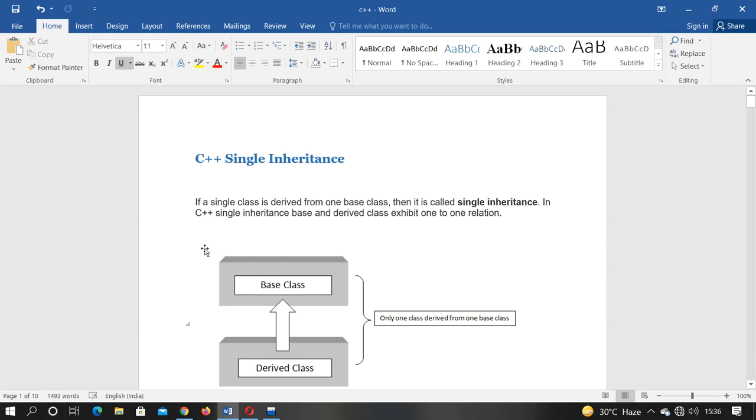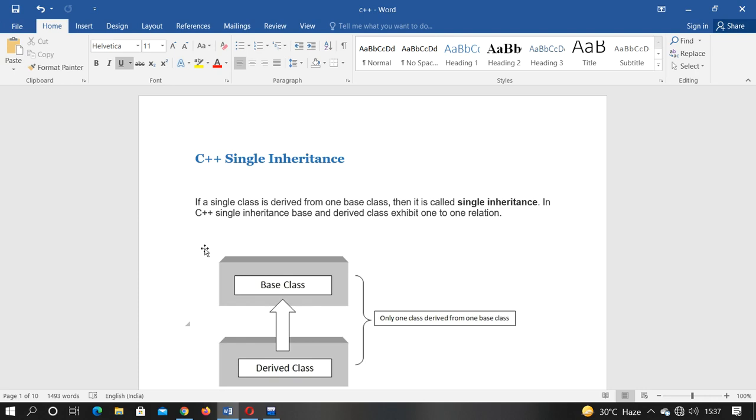Today I am going to cover the main topic of inheritance, which is the first type of inheritance, that is single inheritance. What actually is single inheritance? Here we are working on the classes in the above program, the already done program. Now in inheritance we are inheriting the properties of one class to another class.